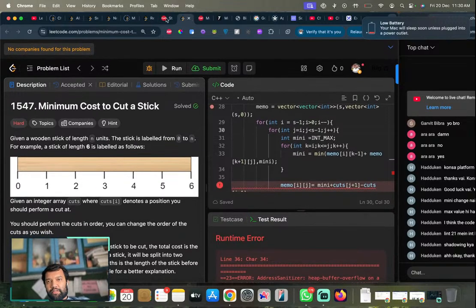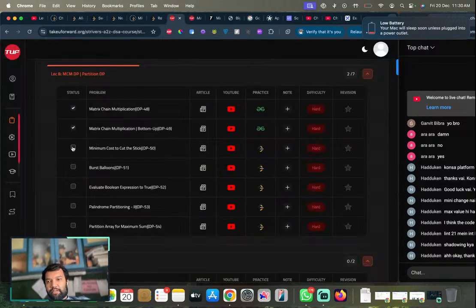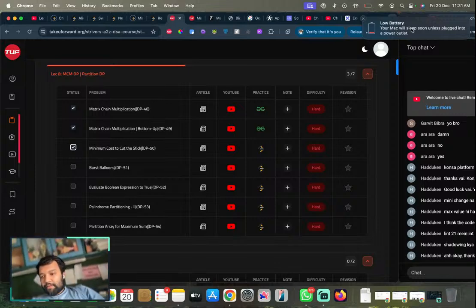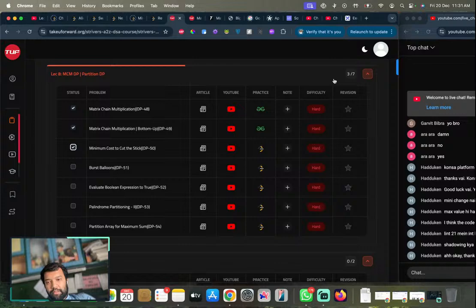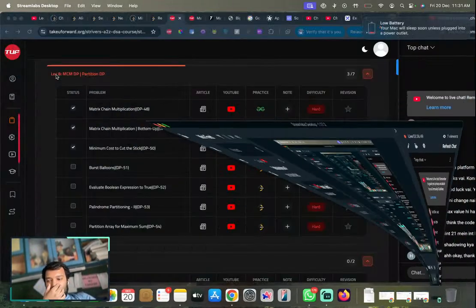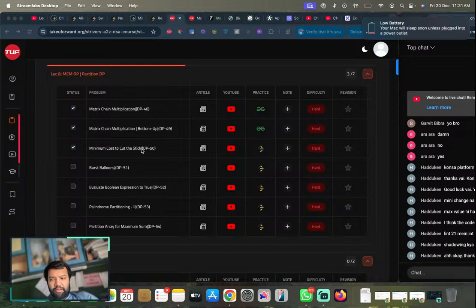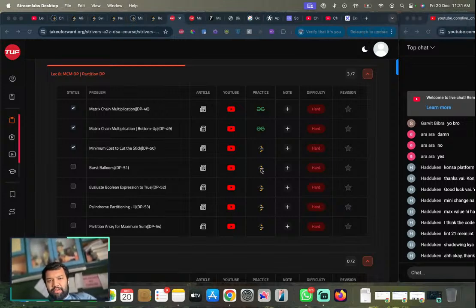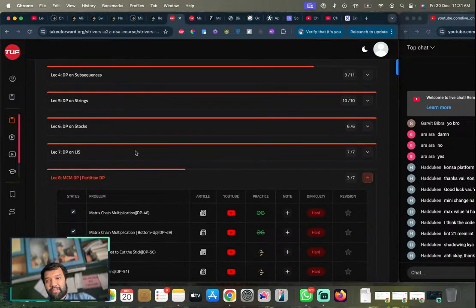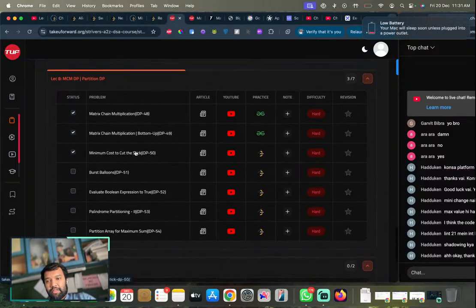I think that's too much, too much, too much. These are hard DP questions, and obviously they are not meant to be easy. They are meant to have a toll on your brain, and I'm happy. I'm partially solving them, not able to solve all of them. MCM is hard. LIS I was able to solve like all the hard ones also, but MCM right now